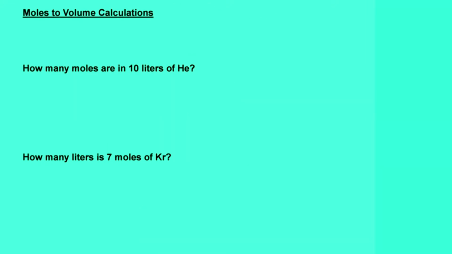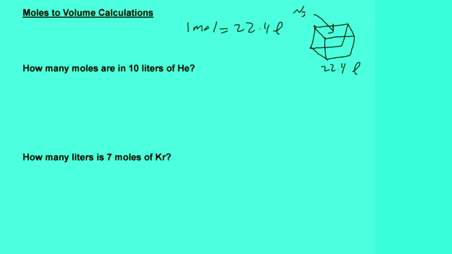Let's go to our moles and volume calculations. We're going to use this relationship. 1 mole equals 22.4 liters. So what that means is say you have a box that's 22.4 liters in volume. So it's like a box that's like 12 by 12 by 12 inches. This is 22.4 liter box. So if you fill this up with gas, let's say nitrogen gas, diatomic nitrogen, this would be 1